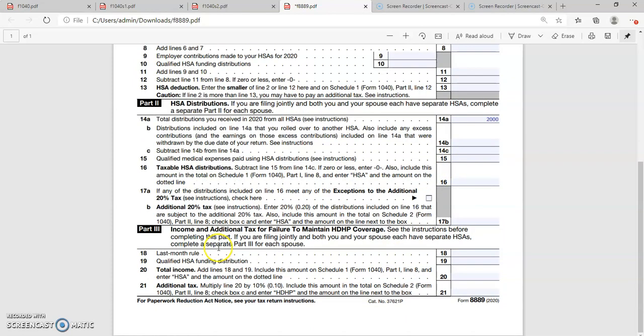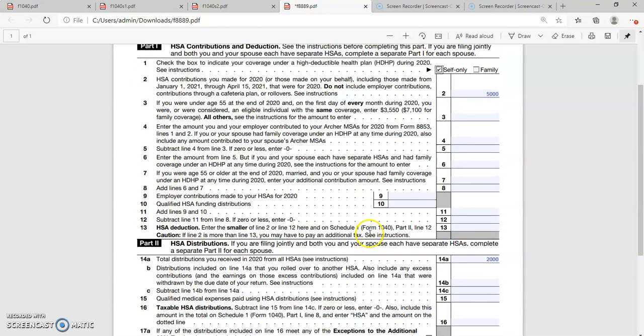Now, whatever I have discussed, but before that, just a quick word on qualified medical expenses. Qualified medical expenses for HSA purposes are unreimbursed medical expenses that could otherwise be deducted on Schedule A. As an account beneficiary, you can pay these expenses for yourself, your spouse, or your dependent. What I have already discussed.